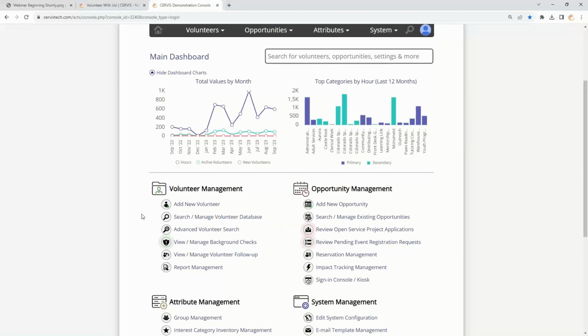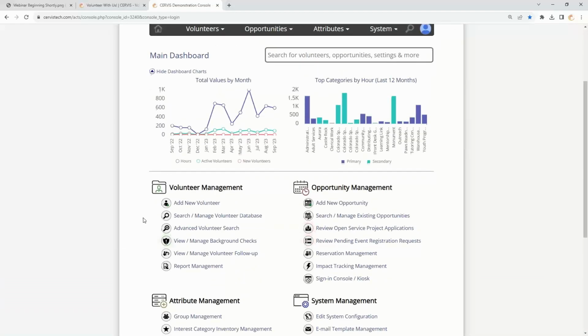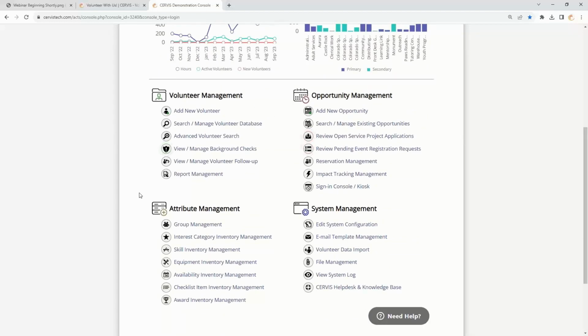Okay. So we went through a lot of data today. There's a couple topics that we lightly touched on, like sending emails and running background checks and different features like that, that we have done webinars on specifically. So if you're interested in learning more about one of those more specific topics, again, I want to direct you to the